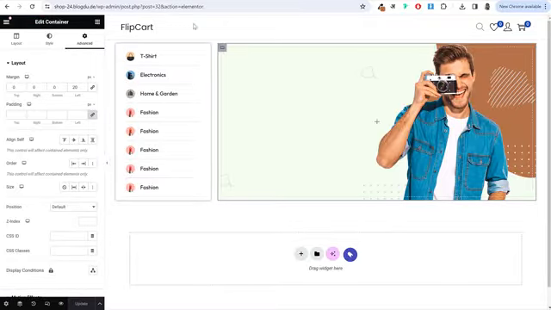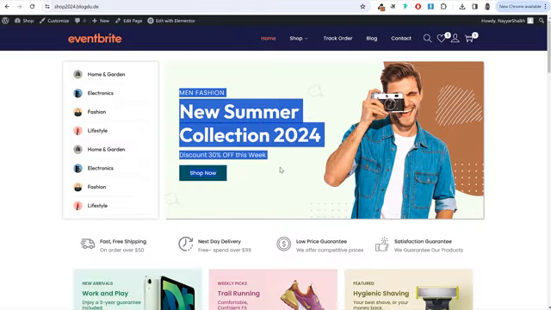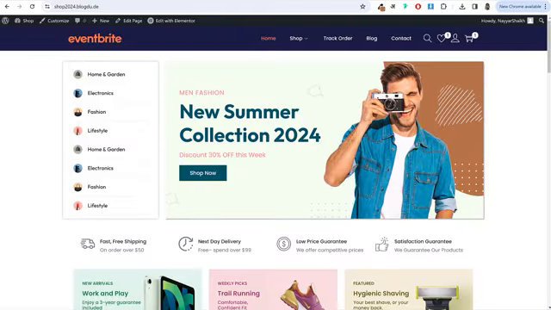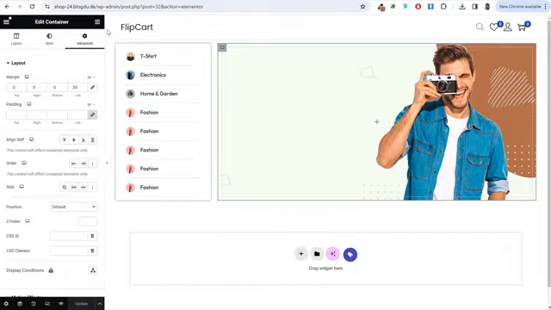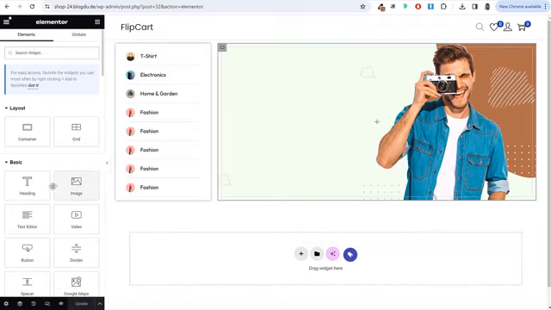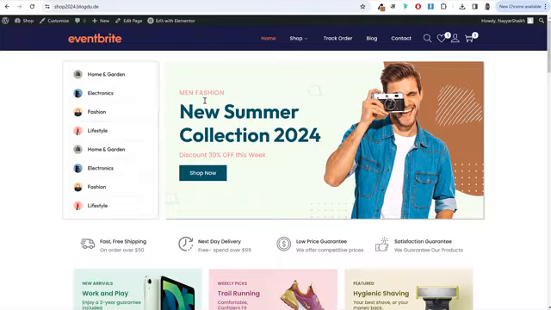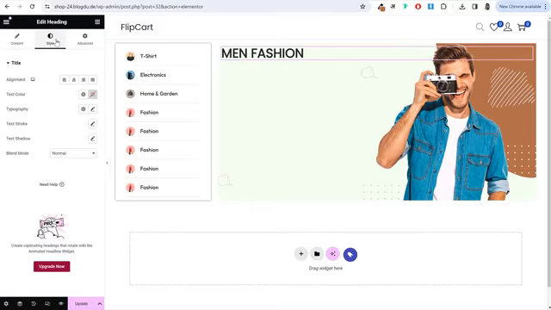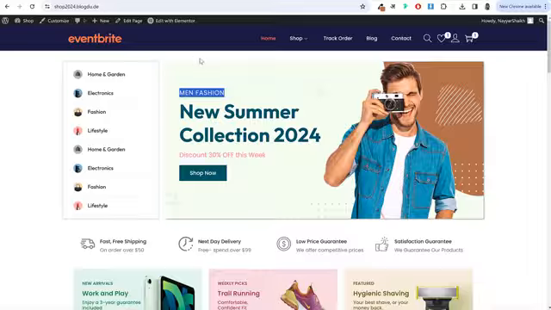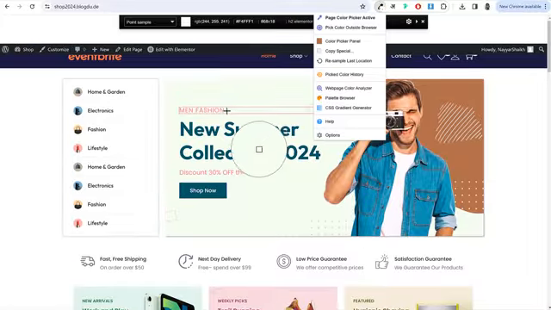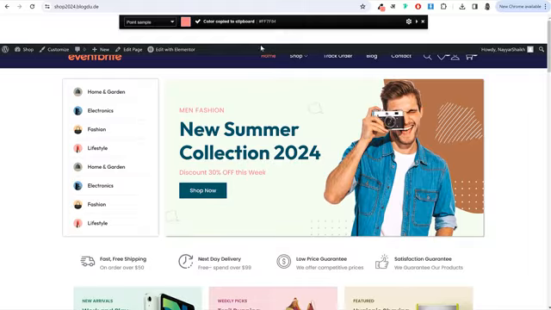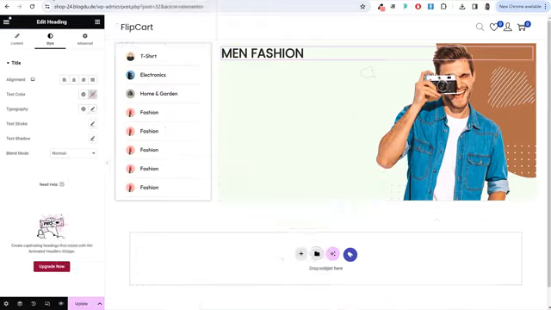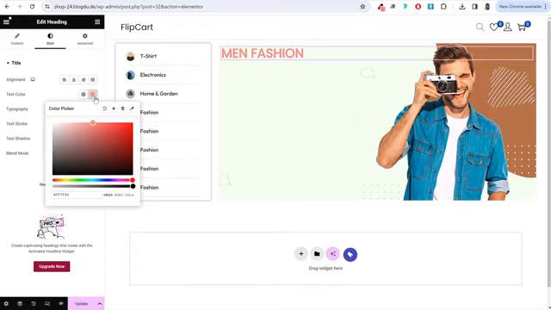Then after that, we can now start adding these text. So these are all simple. Again, go back to elements. Now let's start with the heading. Drag and drop the heading. First one says men fashion. So I'll simply type in this, go to style, and you can change the color and all. For this color, again, I can use this option. And see, this is the color code